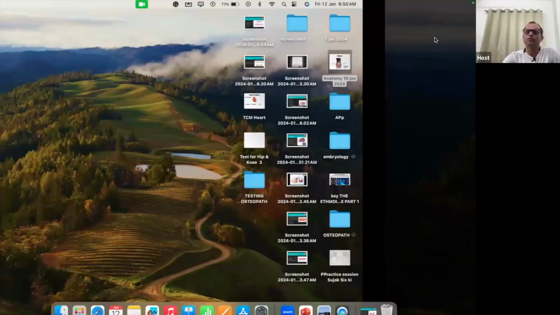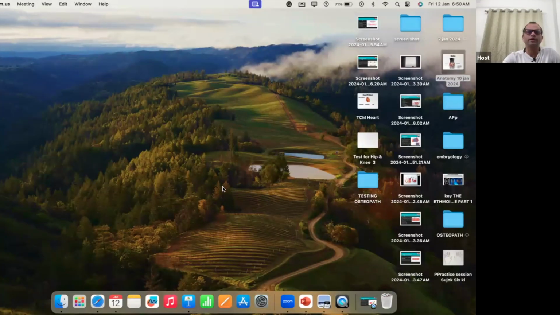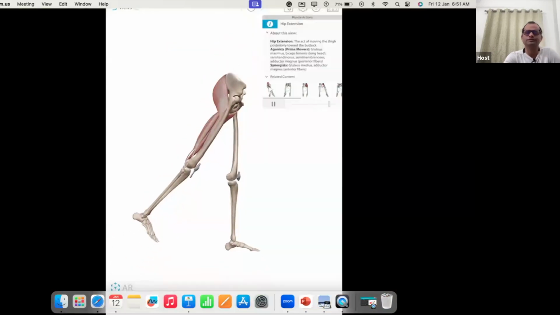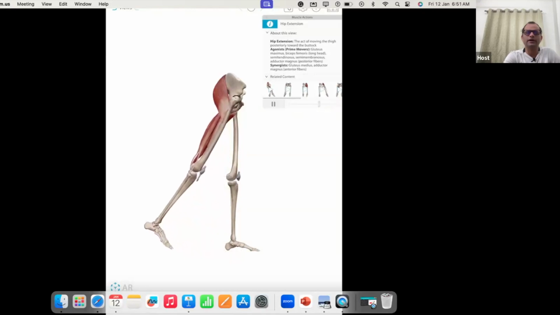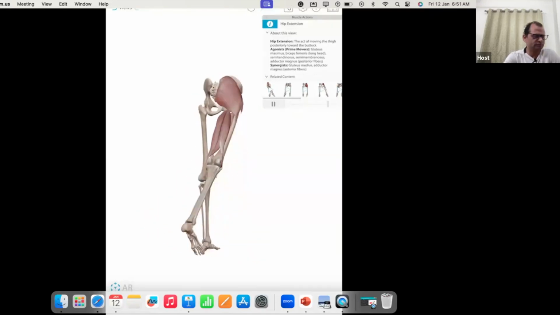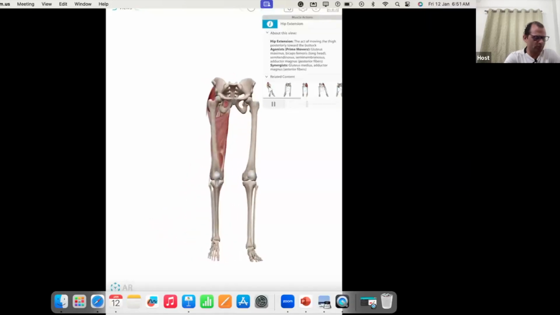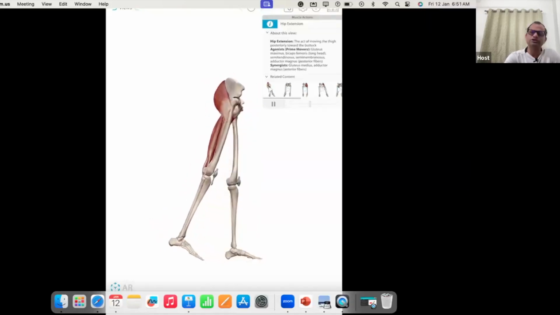We are seeing one movement that is called hip extension. हम एक movement देख रहे हैं, उस movement का नाम है the extension of hip. You can see this image. When we are taking the leg to the back side, it's called extension. Extension of hip. Look at this. So this extension of hip